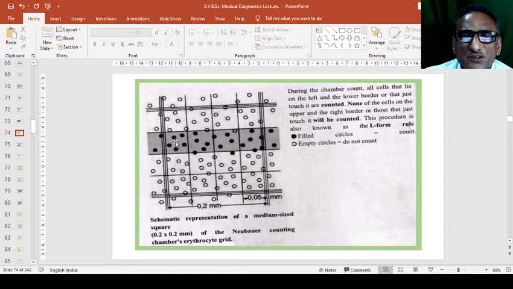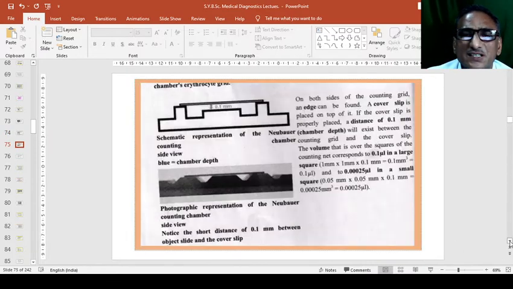So in this way you have to calculate the blood cells: 1, 2, 3, 4, 5. So 5 you can write in this chamber. In this way you can calculate. Actually this is the 0.5 mm size square, and this large square is about 0.2 mm square. In that you have to count the 16, 4, 4, 4. So 16 cells can be counted this way, and you can write the number of these circles, the number of these dots or cells appearing in that particular circle.